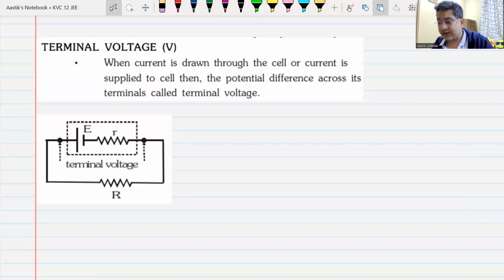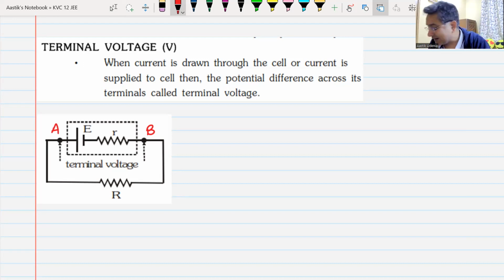Then the next thing that is asked many a times in the examination is the potential difference across the cell or the battery. In most cases, the cell or the battery will be non-ideal because it will have some internal resistance. So whenever someone asks you the terminal voltage, he is asking you the potential difference between the points A and B, which are the ends of the cell. He is asking you the potential difference across the cell. So terminal voltage or terminal potential difference is nothing but the potential difference across the two terminals of the cell